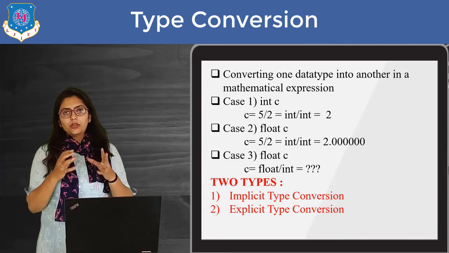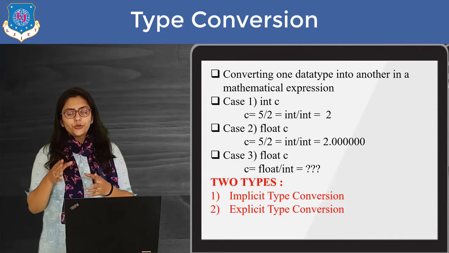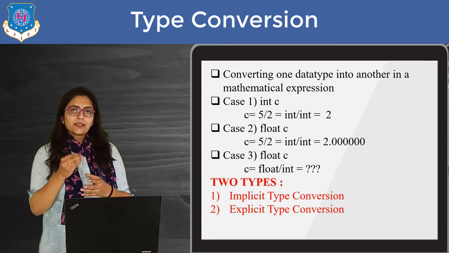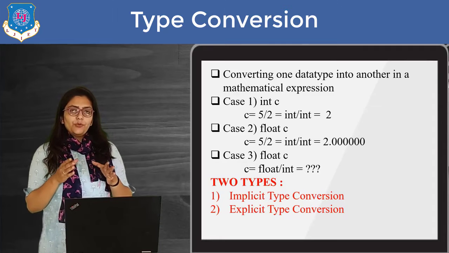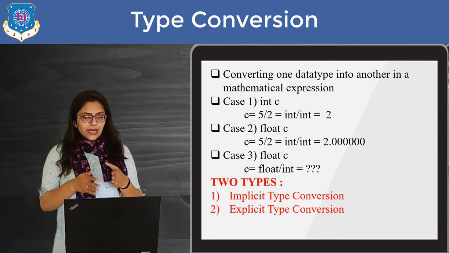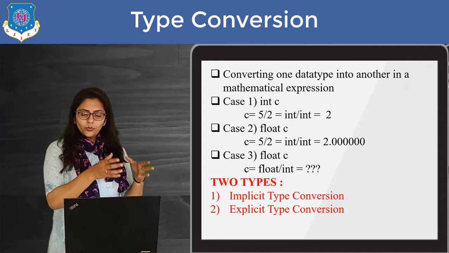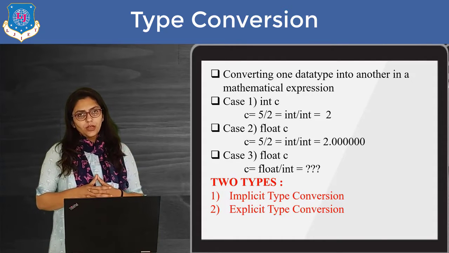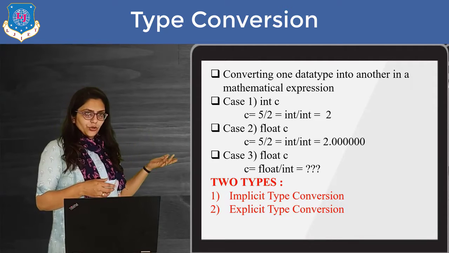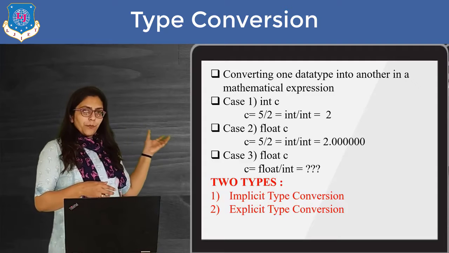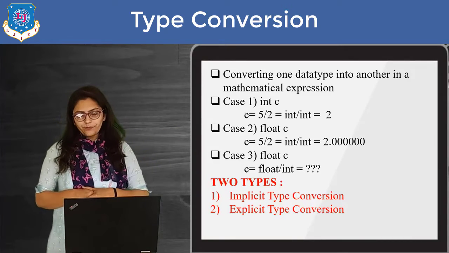So whenever you are declaring three variables a, b and c into type integer, so you are declaring something as int a, b and c. Suppose you want to add two numbers, that is a and b, and want to store the value of this addition into the other variable, that is c. Here I have taken two constants 5 and 2, they are integer constants, and storing some operations performed on 5 and 2 into the variable c.